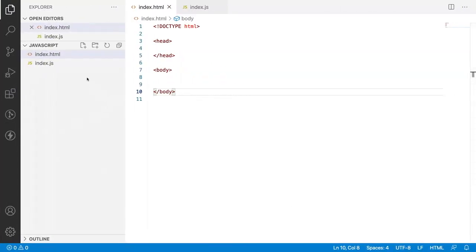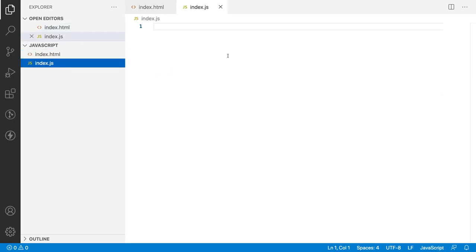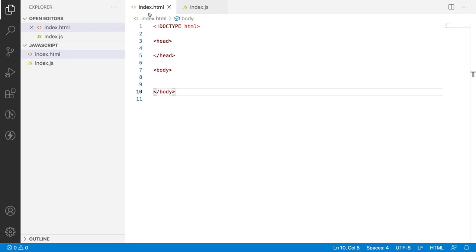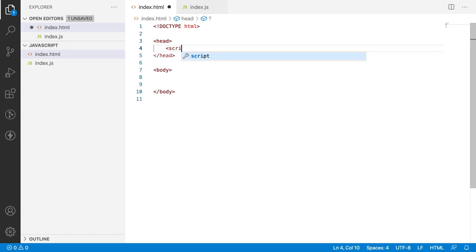So here I have created a file called index.html and also a file called index.js. Whatever JS logic I have, I'll be writing in this file, and whatever HTML content we have, I'll be writing in this file. But whenever we want to make a connection between them, we have a tag called the script tag. Let me give a script tag and use src, an attribute where you can give the path for your JavaScript file. Here I'll give a relative path, ./index.js. So this is a normal script tag where I'm able to link my HTML and JS file.